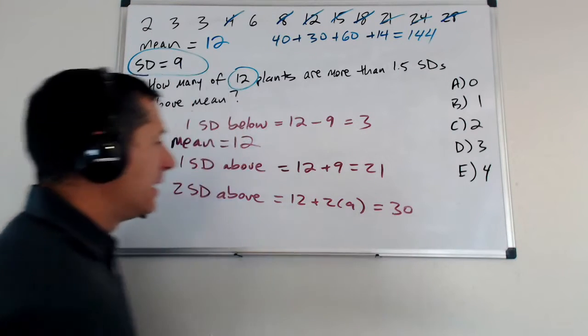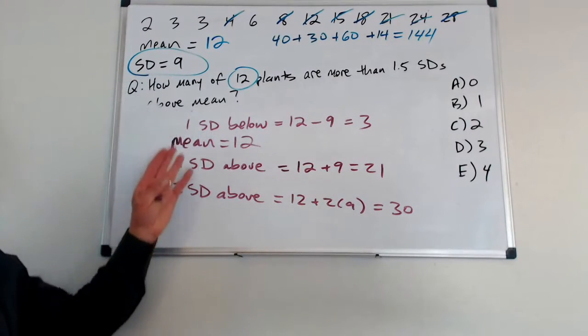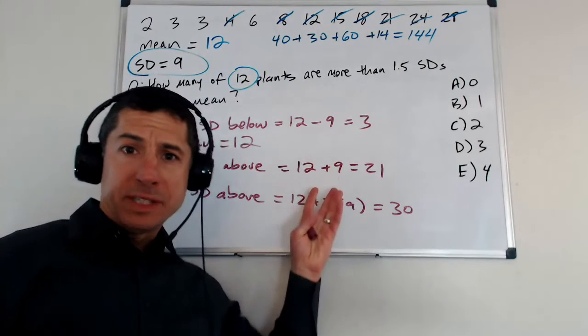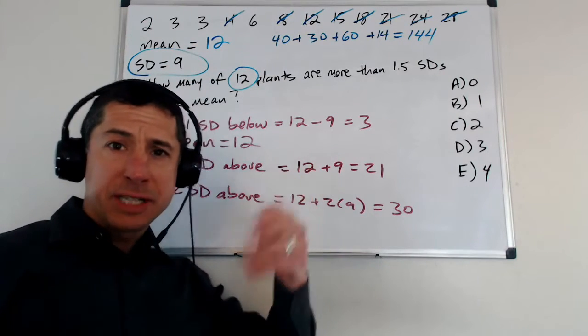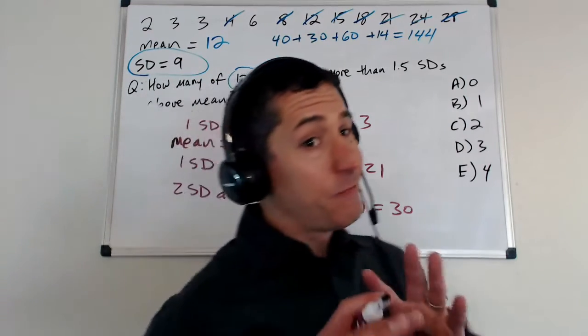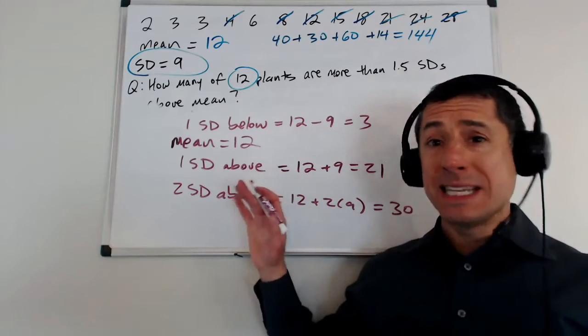and that's 30. Again, I'm not recommending that you walk through this, but just if you've never seen this before, that's the idea. If the standard deviation is 9 grams, your mean is 12 grams. One standard deviation above must be 12 plus 9. Two standard deviations above must be 12 plus 9 plus 9. That's the idea. And now, seriously, we've covered basically everything you really need to know from a technical perspective about